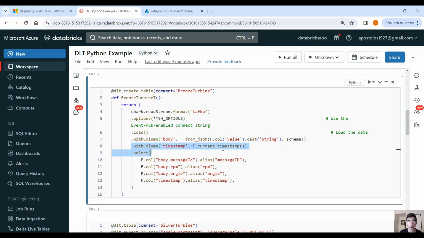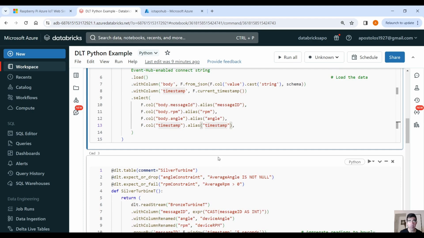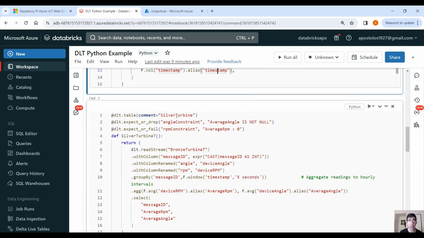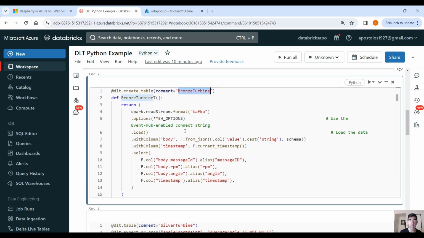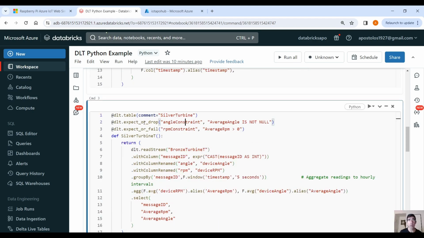And we also add a new column called timestamp, which would be the current timestamp. And we select the columns we want for the turbine data. That would be message ID, RPM, angle, and timestamp. And then the silver turbine table would be the next table, right? So the first table here is the bronze table. We get the data, we store the data as it comes, we don't perform any changes, but here we can